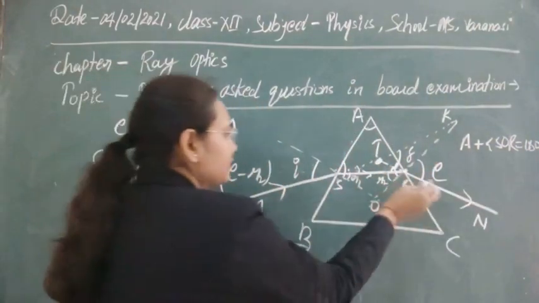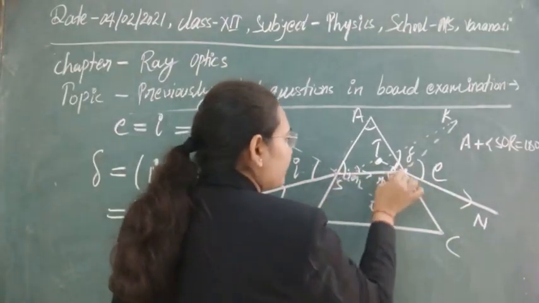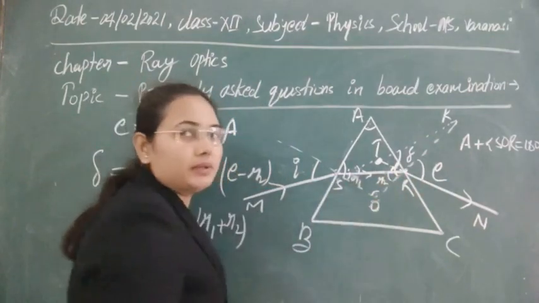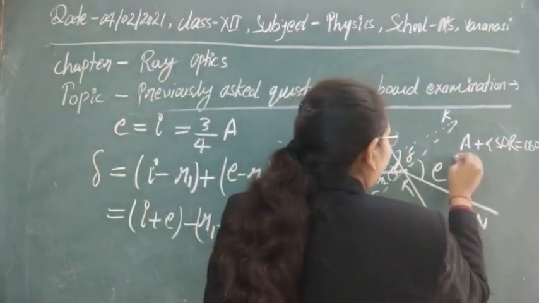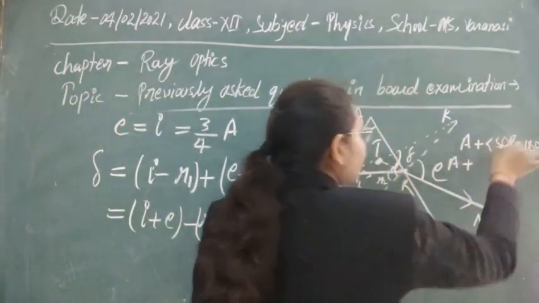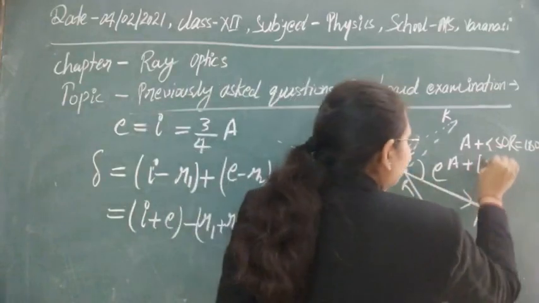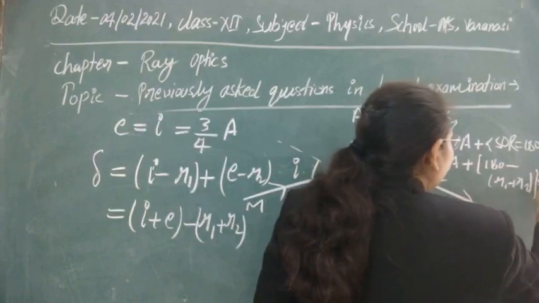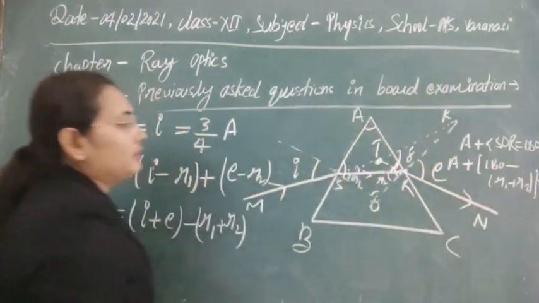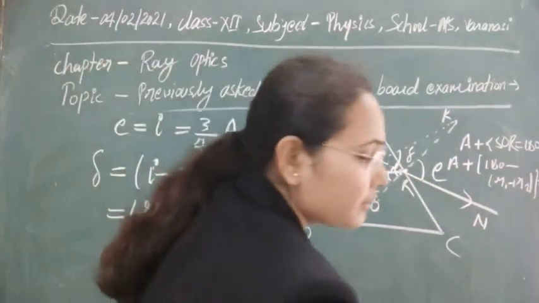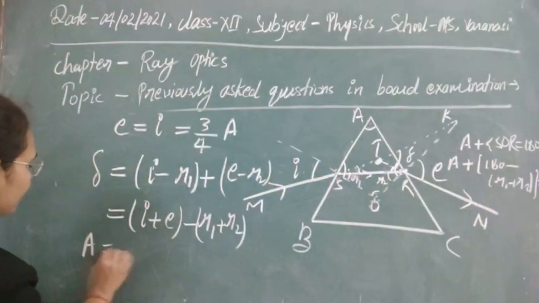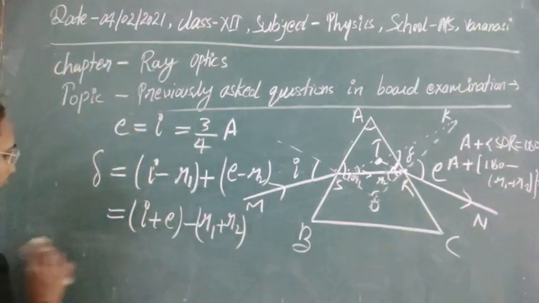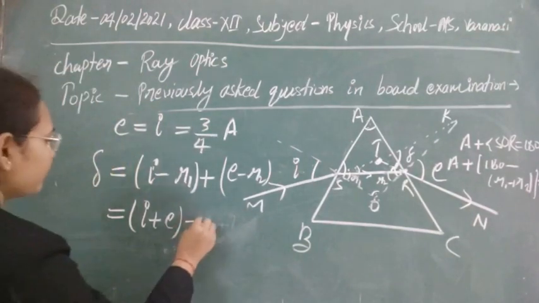And now as you can see in this triangle SRO, this is R2, this is R1, then obviously this angle will be equal to 180 minus (R1 plus R2). So you can just write here angle A, and in place of angle SOR you can write 180 minus (R1 plus R2), and is equal to 180. If you solve it, the value of A will be found, that is A is equal to R1 plus R2. So in place of R1 plus R2 we can just put here A, simple. So this will be equal to A.